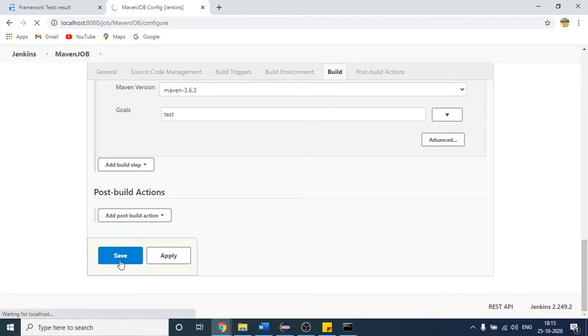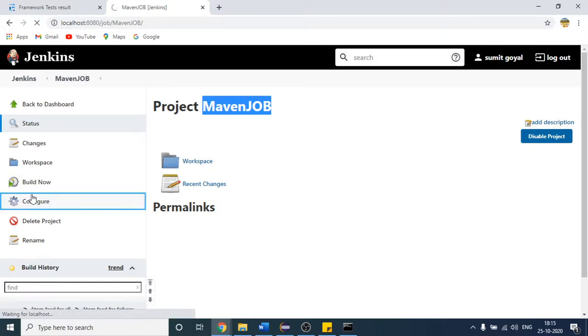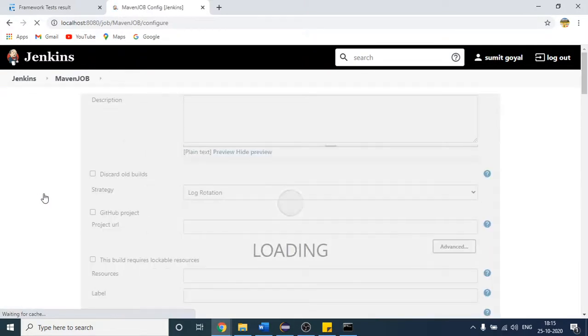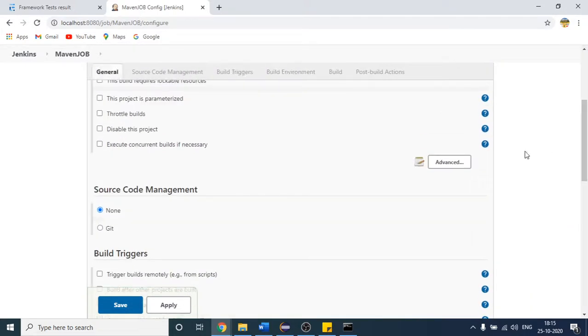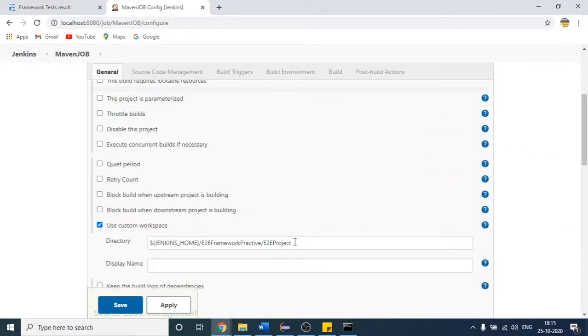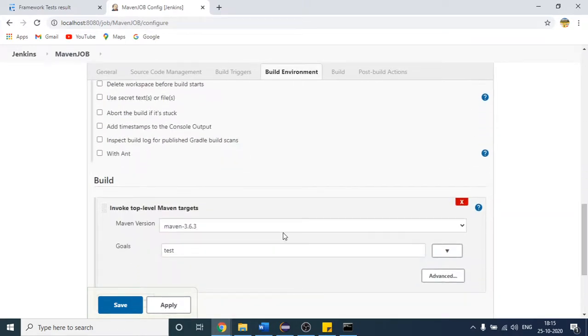You will see one job is created for you. This is the maven job, whatever the job may be. When you click build now, what will happen? Let me tell you. It will first identify where your project is located, where your pom.xml file is present. With the help of this step, it will identify where your project pom.xml is located. Once it identifies that, it will hit this command, maven test. As of now maven is not present, because Jenkins will automatically identify it, right?